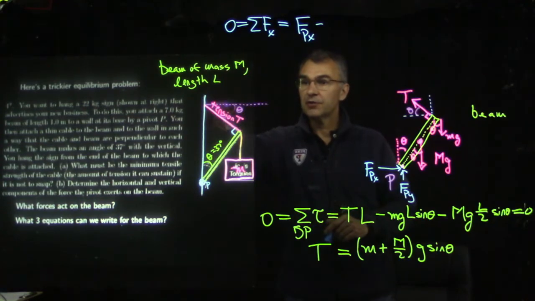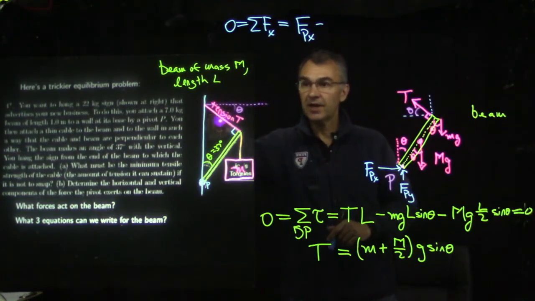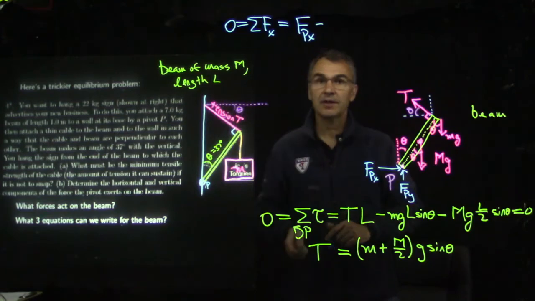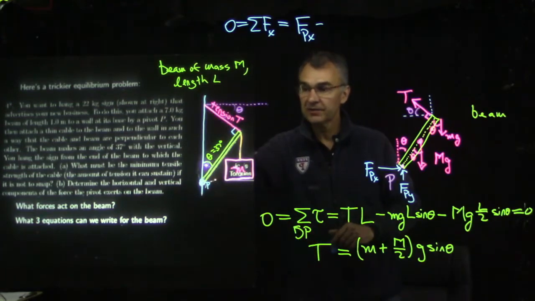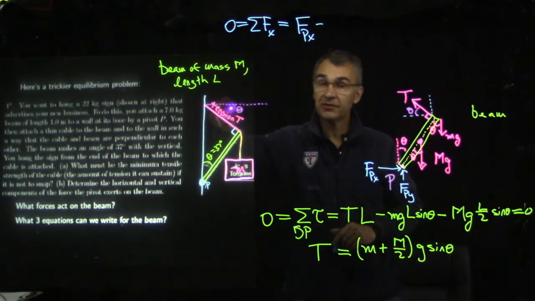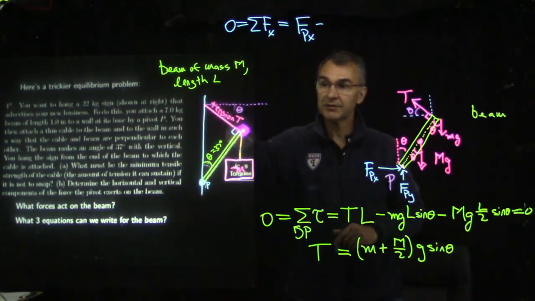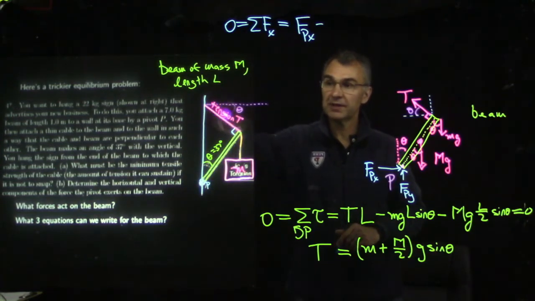I think if we draw a horizontal line, which I've drawn in purple, up where the cable meets the wall, this angle, I claim this angle is theta. And one way to see that is this is theta. So this angle must be 90 degrees minus theta. And then this angle must be 90 degrees minus 90 degrees minus theta, which is theta. Another way to see that is theta is the beam's angle with respect to the vertical. And we know the cable is perpendicular to the beam. So if this is the beam's angle with respect to the vertical, then this must be the cable's angle with